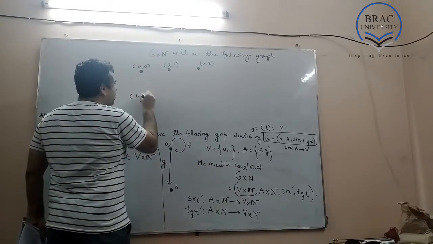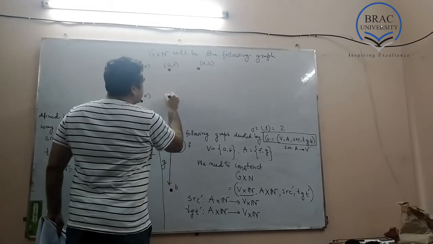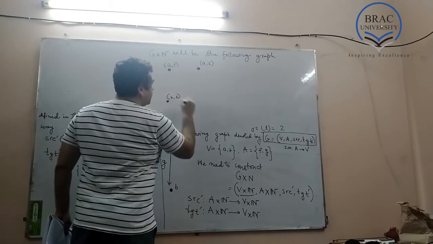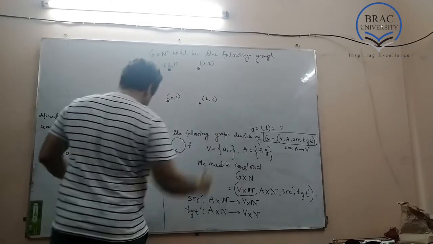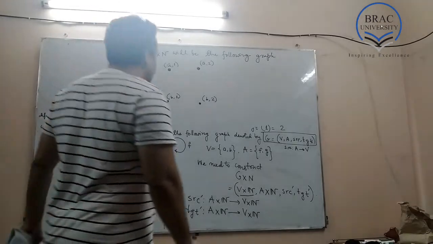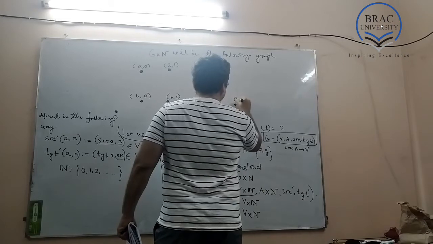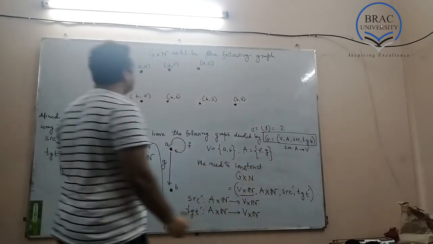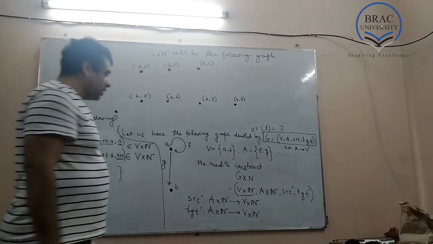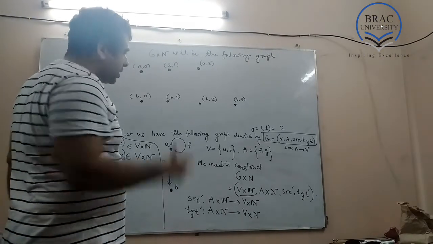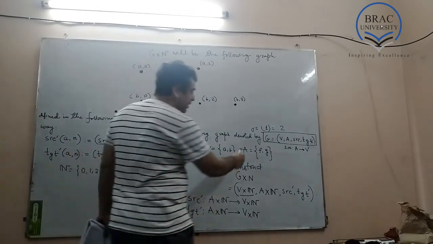So there will be b comma 0, there will be b comma 1, there will be b comma 2, there will be b comma 3 here, and so on. So these are the vertices, okay? So now, there are two elements for this set of arrows,